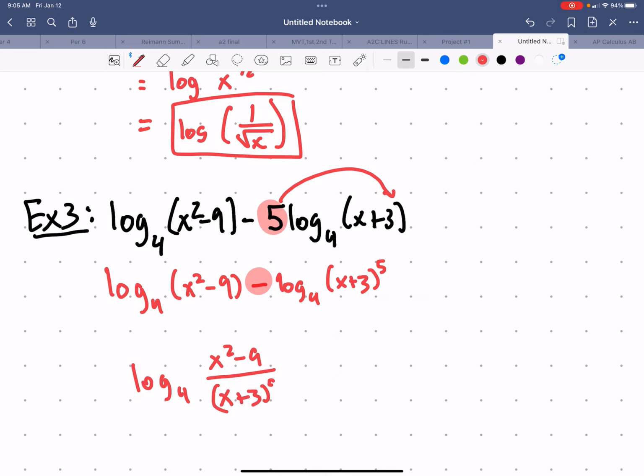Now, you might be thinking, all right, mister, I'm done. That's easy. But we have to simplify the fraction, all right? And you're like, what do you mean simplify that fraction? I don't know how to simplify it. Well,